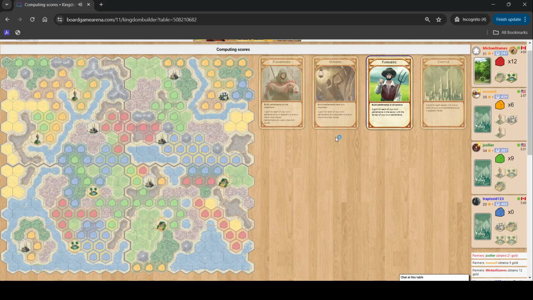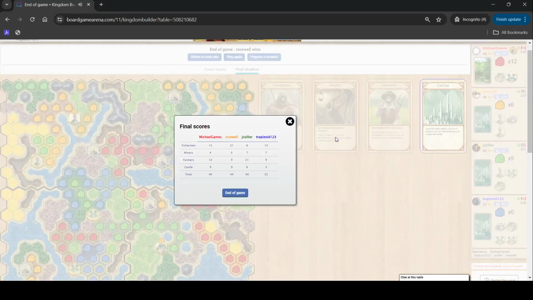Oh no, the green player scored well on that. I got 9 points. The yellow player got 4. And look at that, the blue player who ended the game ended up in last place. I'm only 4 points off the lead because